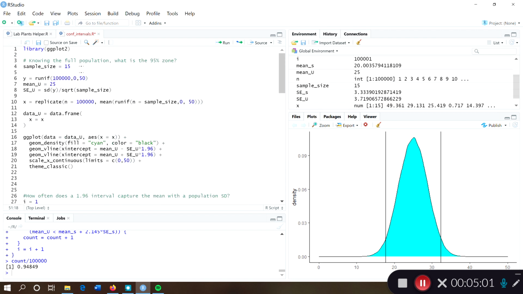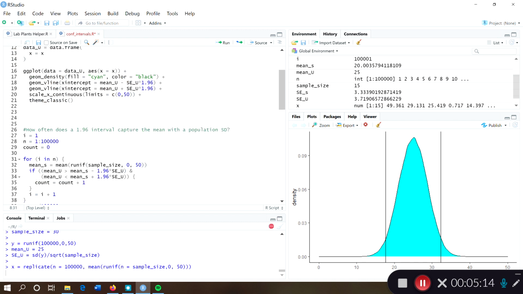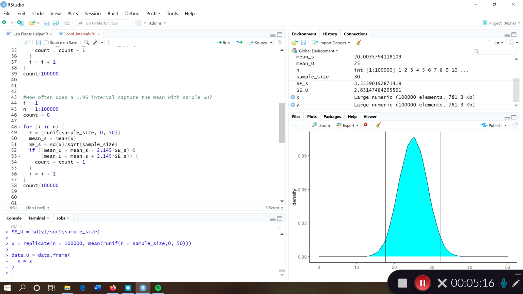And as we mentioned before, this does depend on our sample size. So if I was taking larger samples, like samples of size 30, this would not have as much error using my estimated standard error. So I'm just going to run down here and show you. If I change this back to 1.96